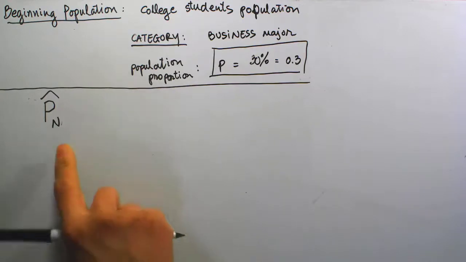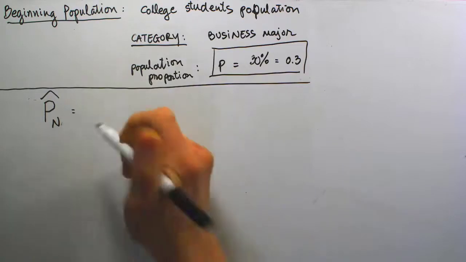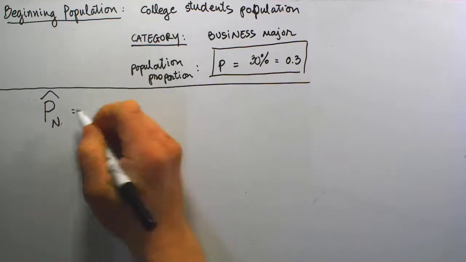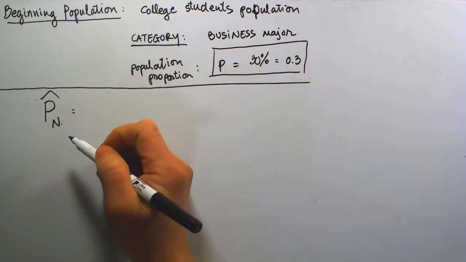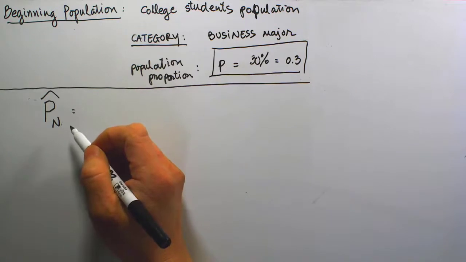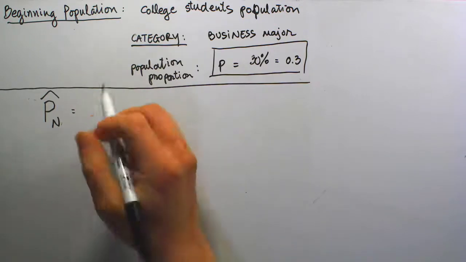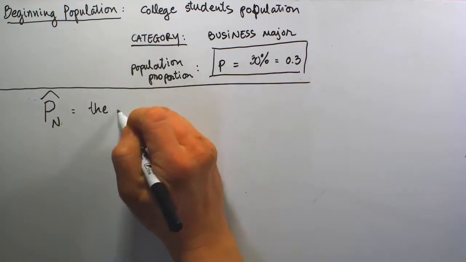And I use the subscript capital N to represent the sample size, or the size of each sample. So this capital P hat sub n, just like the idea we have learned in our general lecture about the sampling distribution of a proportion, represents the sample proportion